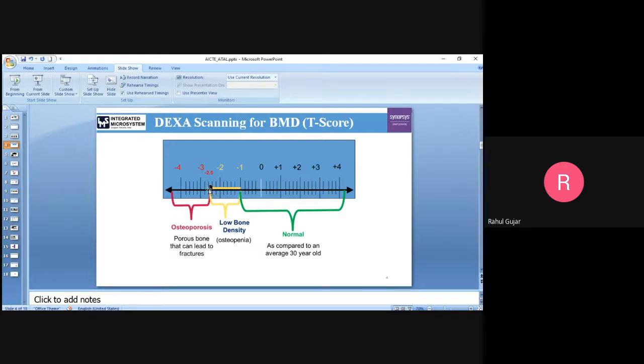And if the T-score goes down from -2.5 to -4, then the bone quality is too much degraded, and that person may have osteoporosis, which means more brittle bone. So this technique, called DEXA, gives you the bone mineral density. Why is it important to show this technique?